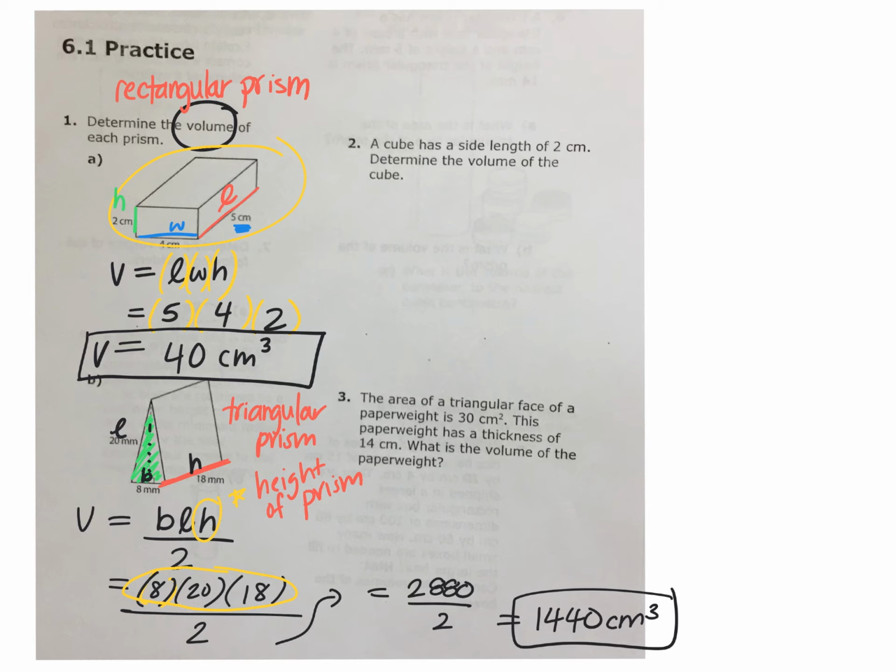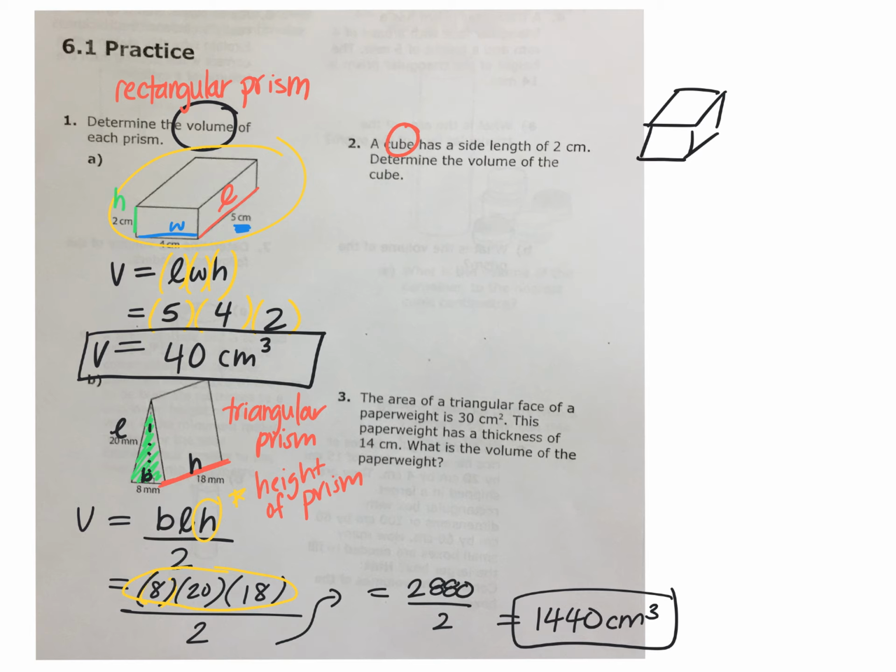Okay, this one's easy because they actually tell you what shape you're looking at. It's a cube. What do you know about a cube? All the sides are the same, right? So what is the formula of a cube? It's not on your formula sheet, but what is the formula? What could you look at to get the formula? And if you want to even draw a picture on your formula sheet to find the volume of a cube,